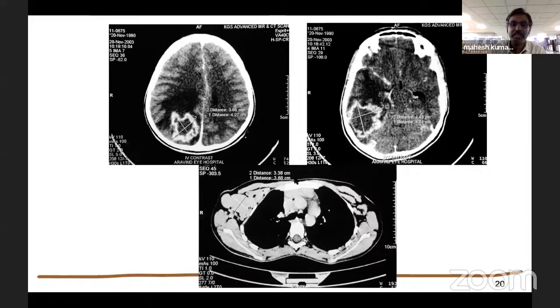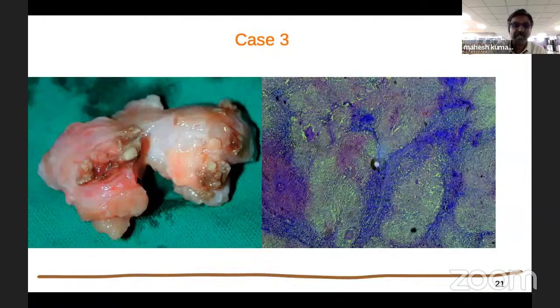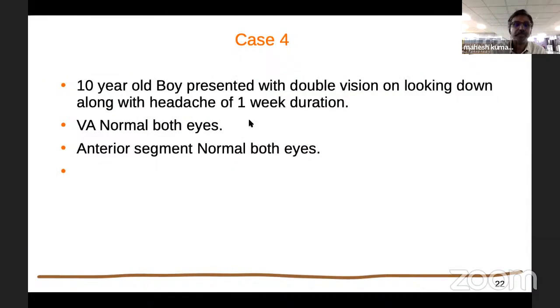On neuroimaging, because of the bilateral papilledema, she showed a ring enhancing lesion in the parietal as well as the temporal lobe. There are some lesions in the chest as well. And this was a large tuberculoma in the retrochiasmal region. Again, it was referred and treated appropriately. In this instance, the patient had lots of cervical lymph nodes, which were biopsied by the neurosurgeon, and it showed a macroscopic appearance, and you can see the caseating necrosis in the central part of the region.